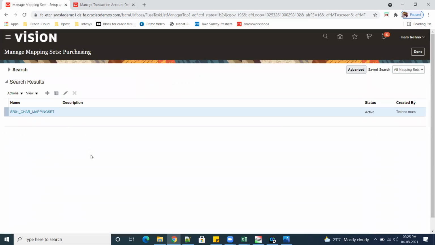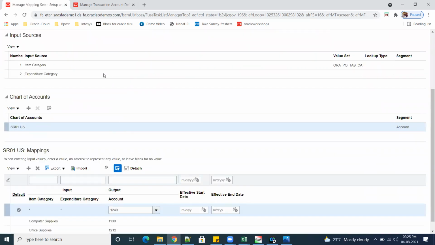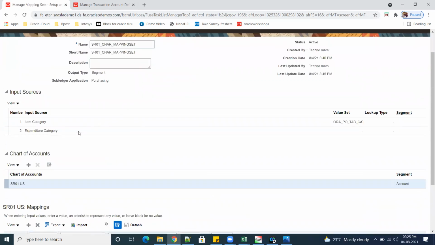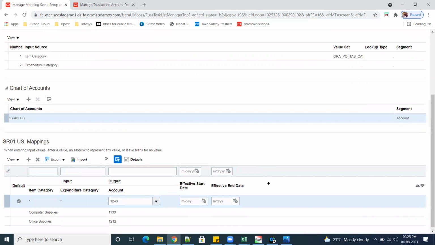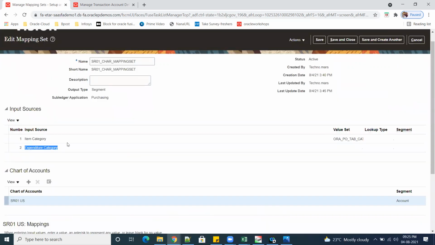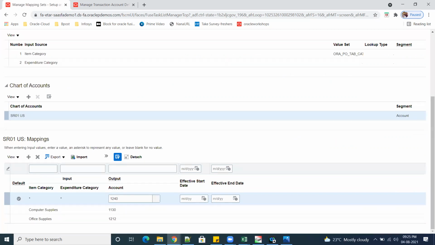Edit. So, we can't do any changes here. Is there anything change? Because expenditure also has to pass something category, because the expectation is both has to be present, right?